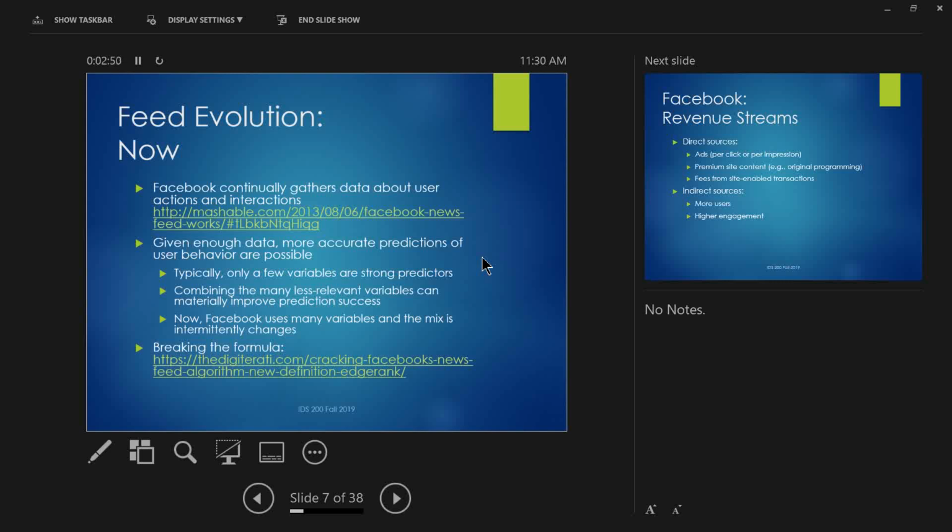Facebook might recognize that and say, oh, look, it's a Tuesday, you have a little activity spike. It's a Thursday, you have an activity spike. They're going to recognize stuff like that too. Anyway, Facebook uses many variables. They have a very complex system, and the mix intermittently changes. Facebook is always kind of mixing it up, trying to re-optimize it, trying to keep people from gaming the system